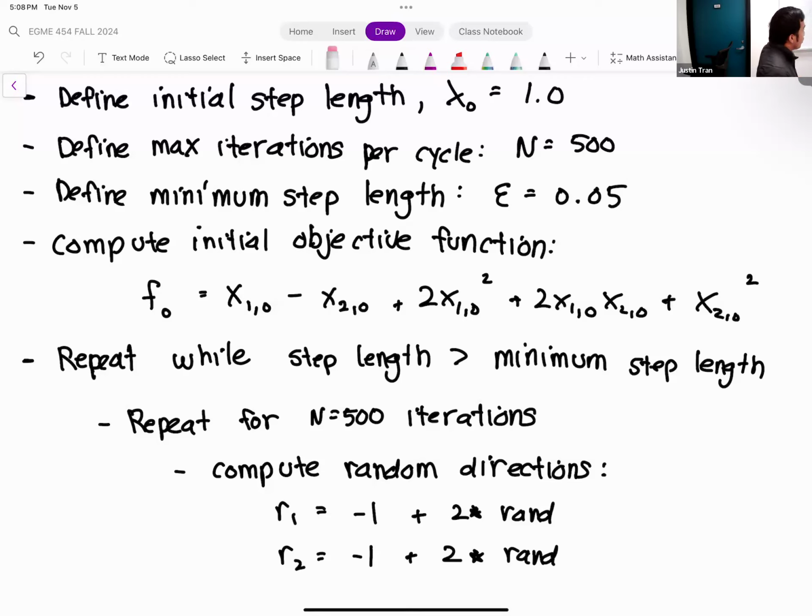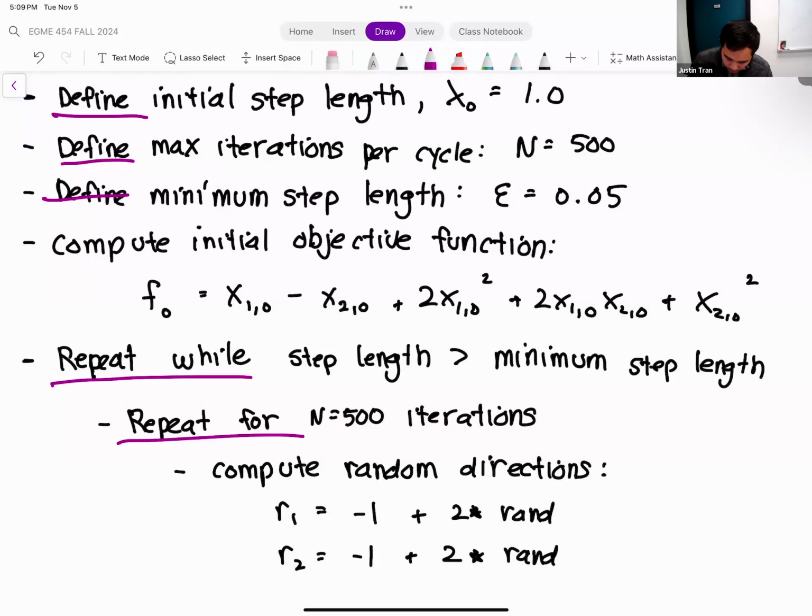And number two, whether you understand a little bit of the logistics, the details of how to get this algorithm into a form the computer can understand logically, with keywords like defining variables, or repeat.